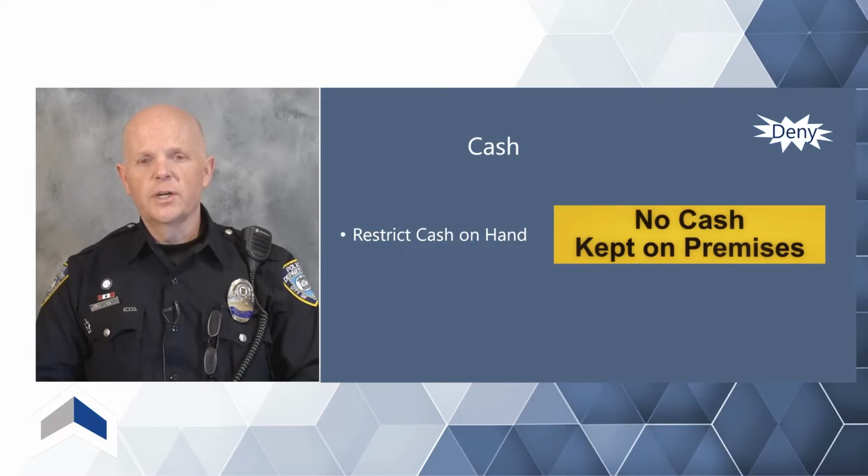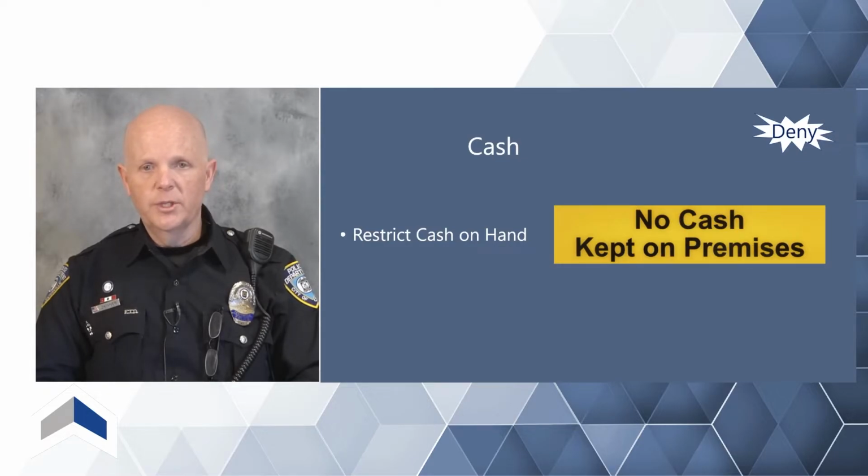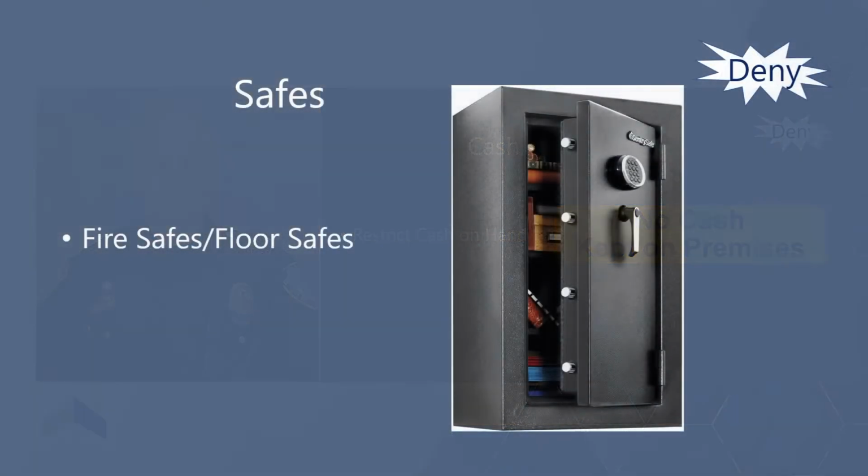Some of these strategies we talk about are overlapping. So signage reflecting that you're not keeping cash can be denial, but it can also be a great deterrence strategy, which is the one that we started out with. You're making the criminal know that you don't keep cash there and that they're better off moving on to another location. Safes are a great denial strategy, having the ability to secure if you do keep large amounts of cash